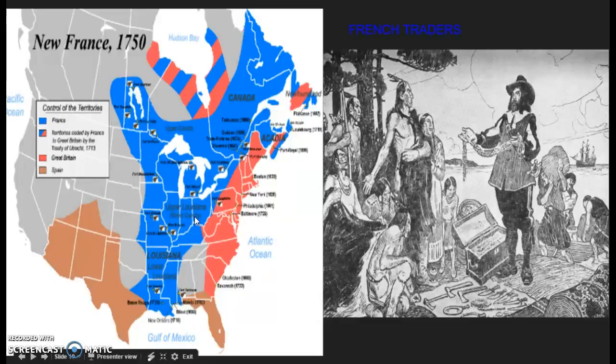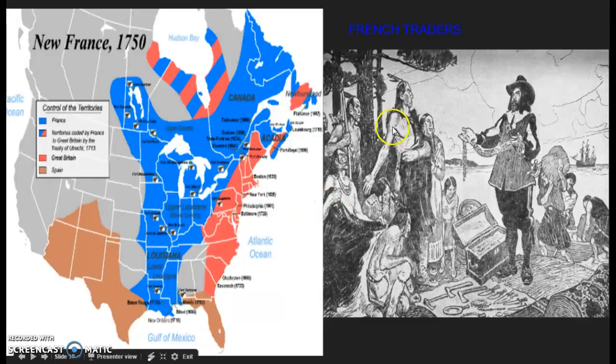Now, the thing to keep in mind, even though this looks like a lot of territory that's claimed, is the French come in smaller numbers than the Spanish do. The French come as businessmen, essentially, as fur traders. There's a great beaver trade up in Canada, and they need to have a cooperative relationship with the native people, a more balanced, cooperative, trade-friendly based relation.